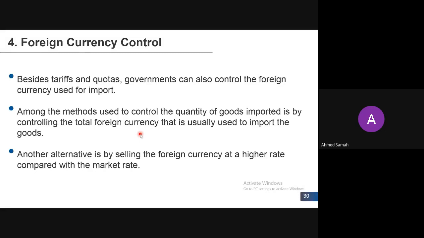So I have mentioned that maybe this could be something out of this topic, but I have mentioned that by government banking system foreign currency earnings